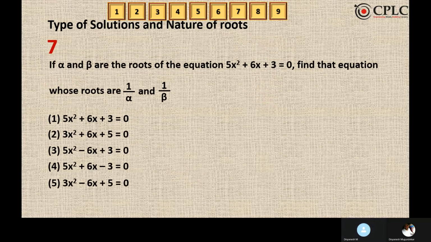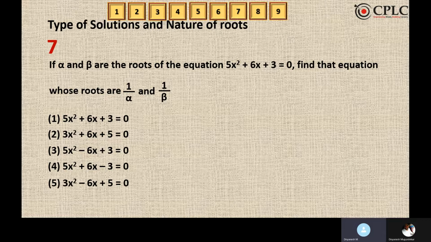Seventh one, alpha and beta are the roots of the equation. And then we have to find out an equation whose roots are 1 upon alpha and 1 upon beta. Now the idea here is this is actually a 5, 10, 15, 30-second shortcut kind of a question, one of its kind. So what you need to remember is, suppose you have an equation whose roots are alpha and beta, and